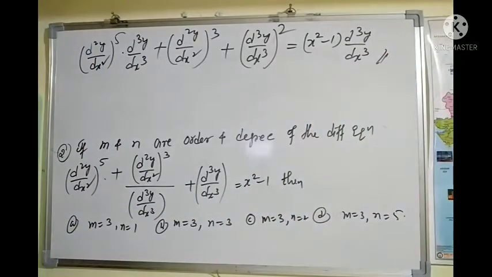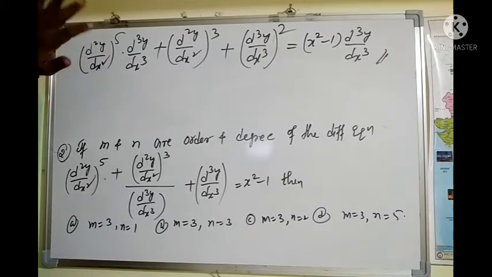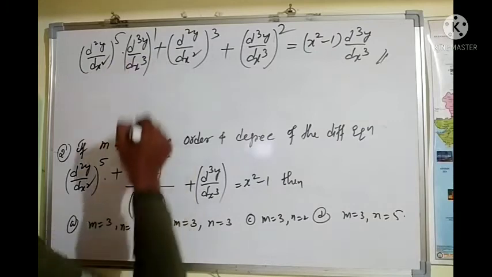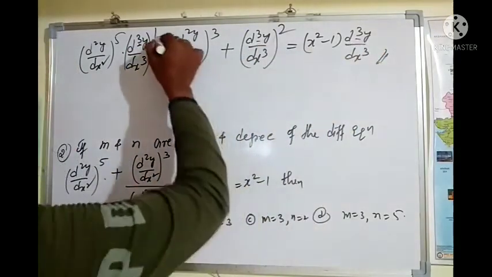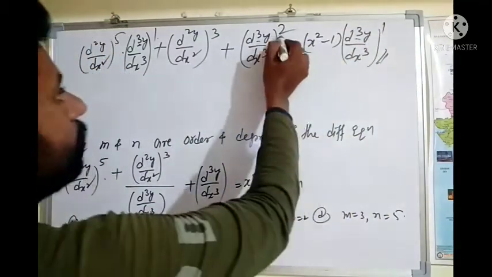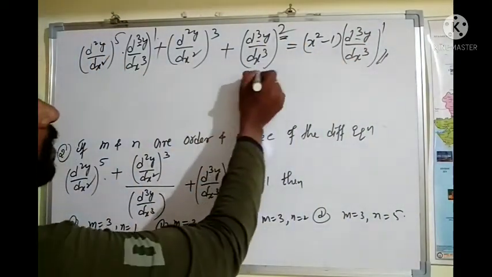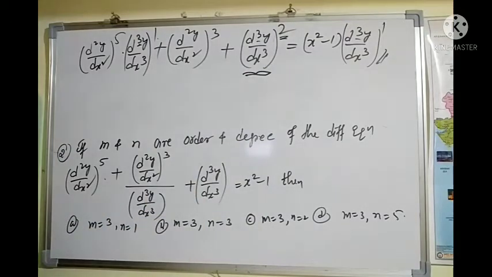Now we have to find the order and degree of this differential equation. What is the highest derivative of this differential equation? Here the highest derivative is 3. The power of the highest derivative terms: here the derivative order is 3 with power 1, here also 3, here also 3, here 1, here also 1, but here we have 2. That's why we consider the order and degree of this result: order is 3, degree is 2. Option C is correct.